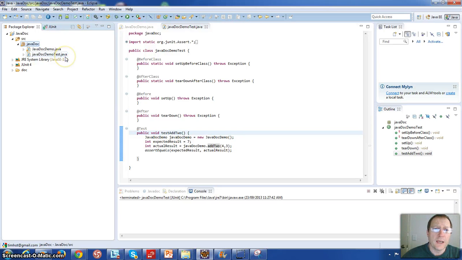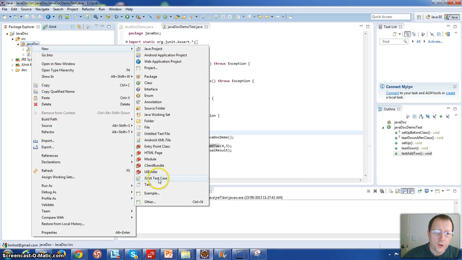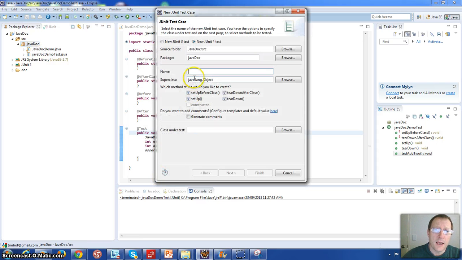Hi, we're going to look at using JUnit to test our methods and classes. So here's one I've already created, but let's just start from scratch. So we need to right click, new, JUnit test case, and we'll give it a name,